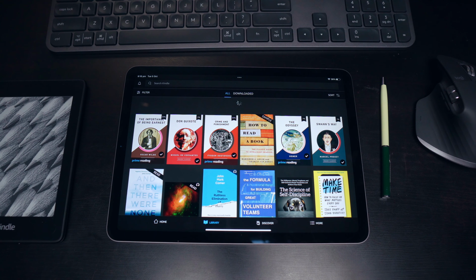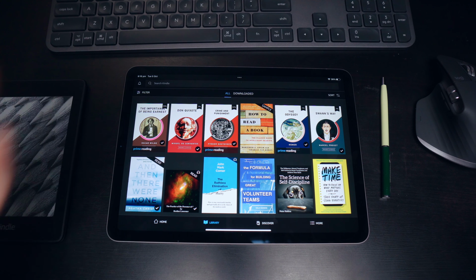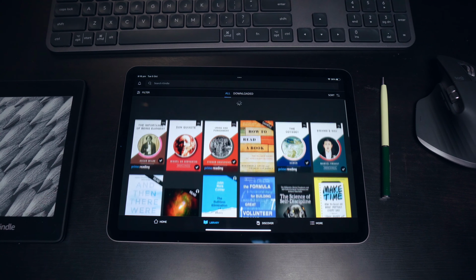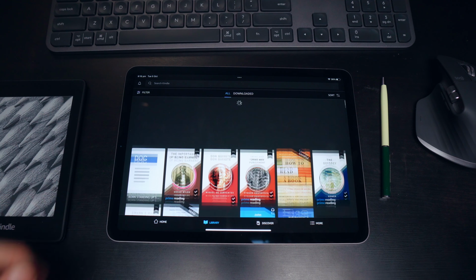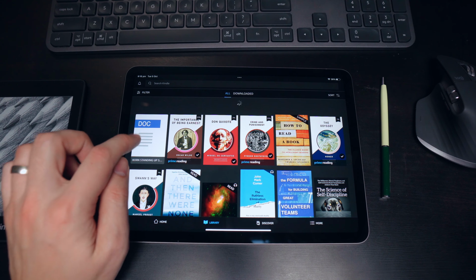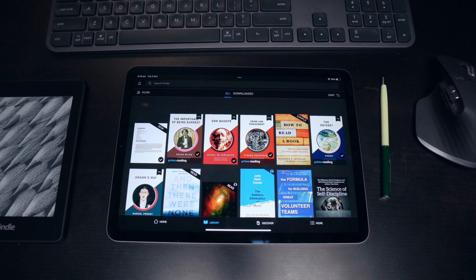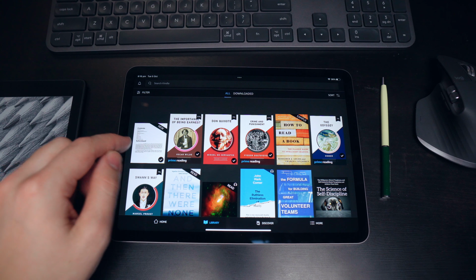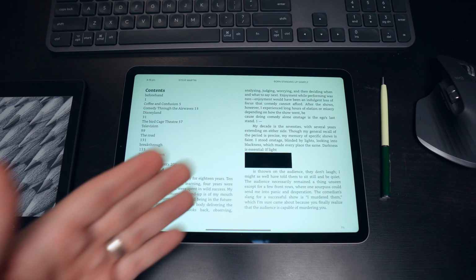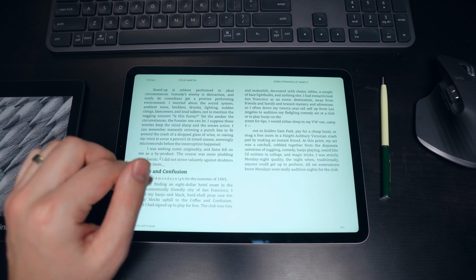So again, it's a little bit slow, I assume because it's still converting and downloading, and it may not show up immediately. So just refresh, and there we go, it's just appeared. So if we tap on it, it will download it because again, we sent it to the library, not directly to the device. Now it's downloaded, so we just open,